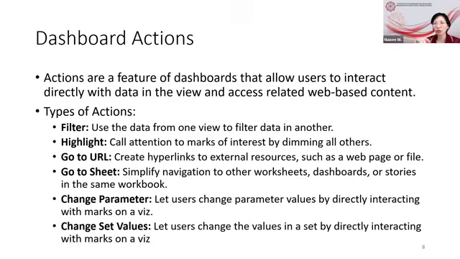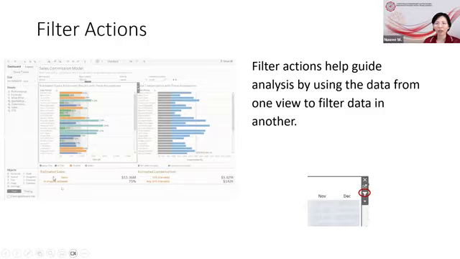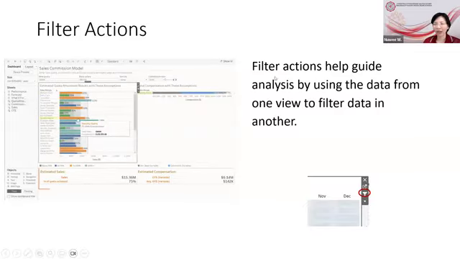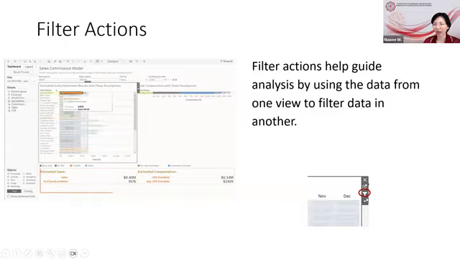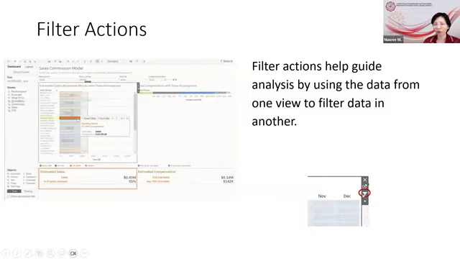Filter action means you want to filter data from one view to another view using a click or using a hover. So the default one, if you click, it will filter the other two of your graph when you click. So how do you apply filter action? You just click the drop down on that particular view and then click this icon, filter, and it will filter